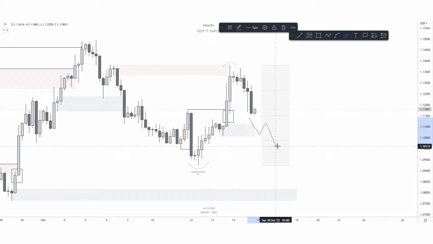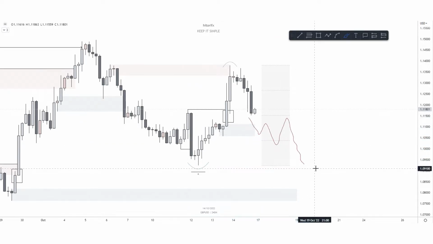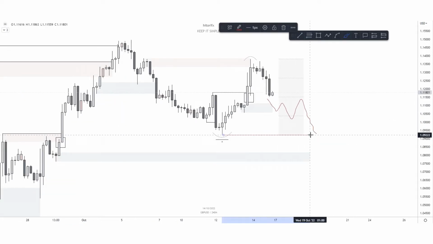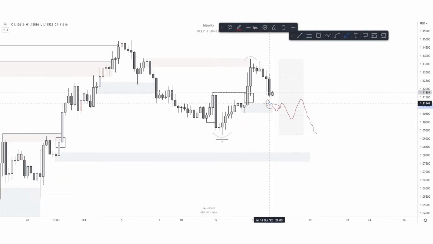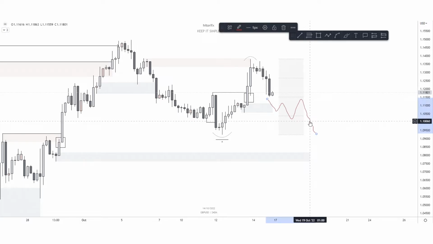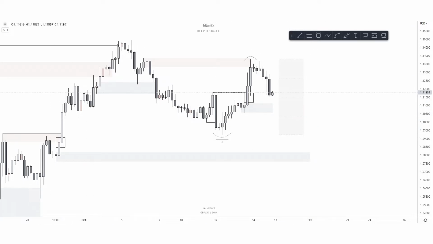If this fails, I'll be looking to go short, definitely to take out this structure. But you could also target something within here or this entire range right here for safety purposes. But definitely this has to go if something like this fails, because there's nothing in this leg that's obvious to stop this bearish move downwards. So that's something you could be looking at.